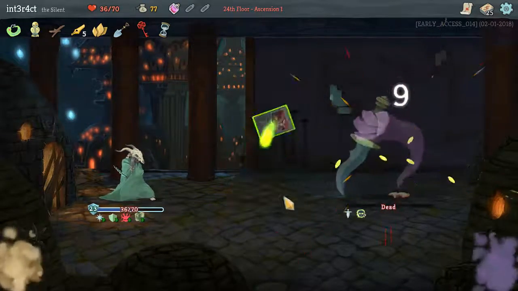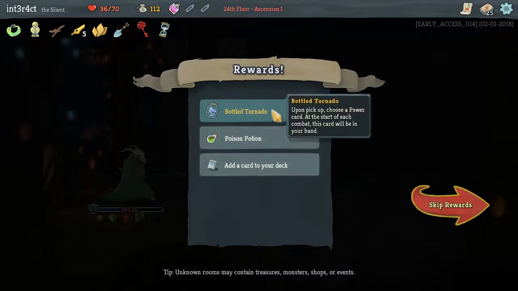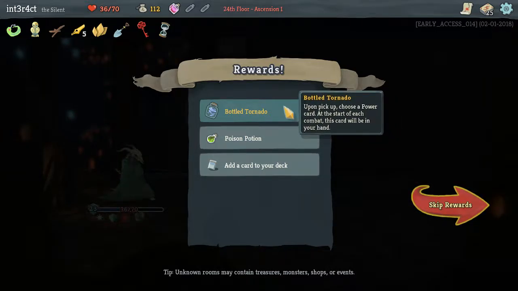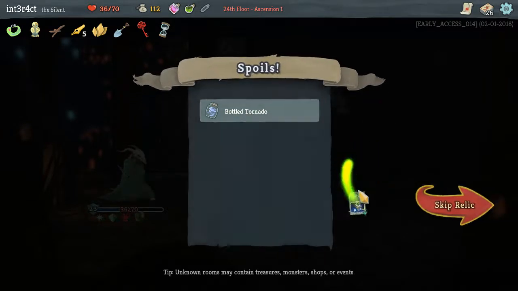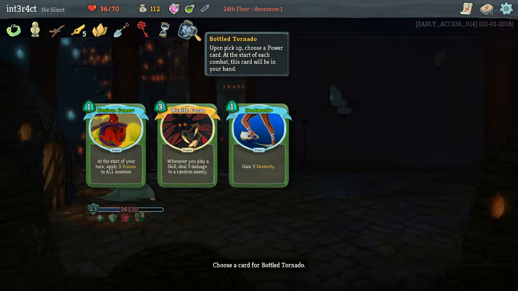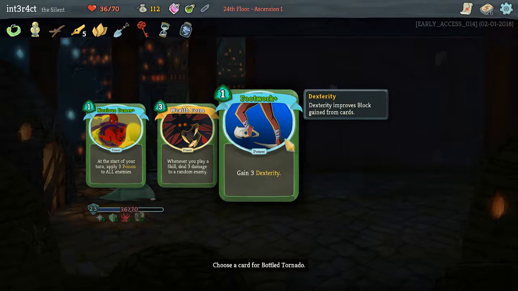I was just looking at my pen nib to make sure I wasn't going to waste it or something. Upon pickup, choose a power card. At the start of each combat, this card will be in your hand. So this is a new relic that they added, I think last patch, that I haven't seen yet. So we're going to go with...